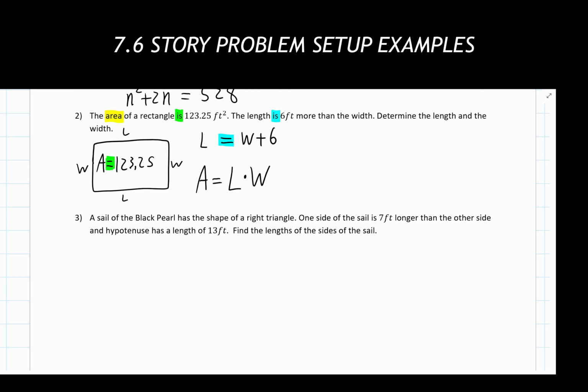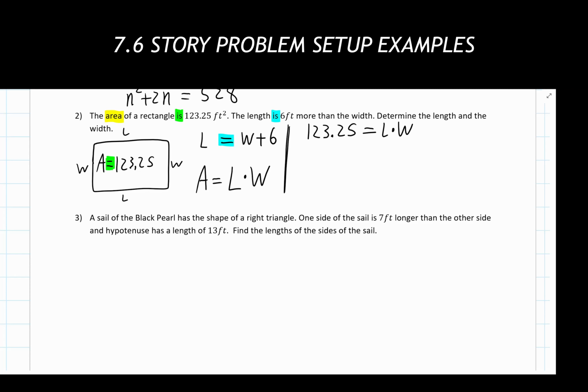Now, can we fill in some other information into this general equation and modify it to match the problem that we've been given a bit more specifically? And yes, we can. Have we been given the area? Yeah, it's right here. So I can fill that in and modify the equation a little bit. Just making some lines here to separate this out. So I have an area of 123.25, and that's equal to, and generally we would have the length times width here.